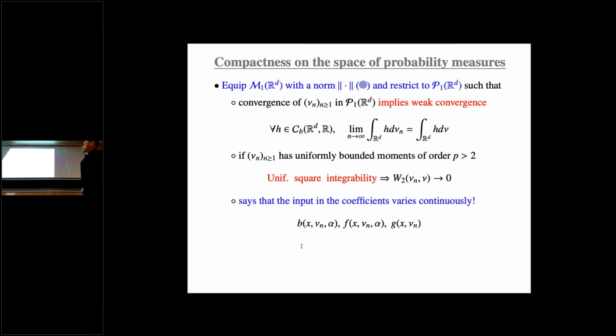When you have the space of probability measures, as I told you before, you have plenty of metrics. There is one topology, or one sense of convergence, that you know very well: the weak convergence. Weak convergence just says that Vn converges in the weak sense to V if, for any bounded continuous test function h, the integral of h dVn converges to the integral of h dV.